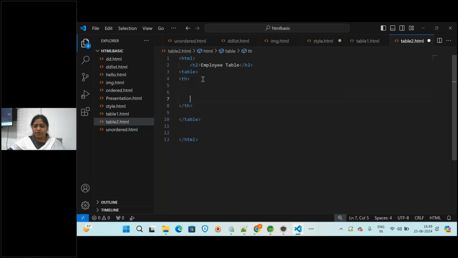And in this, whatever you are writing in the heading tag, it will be displayed like what you want. So you are writing like empid as the table heading, first column heading. And again you can mention like this, emp name, and then salary.